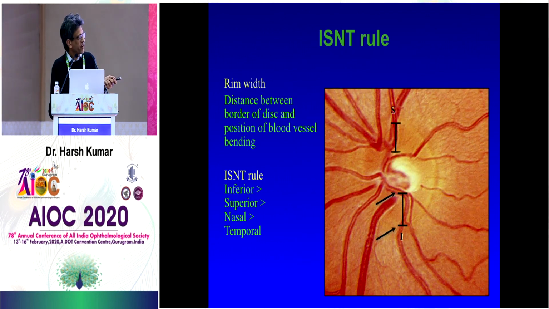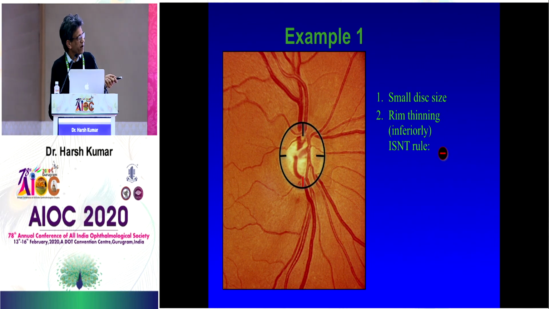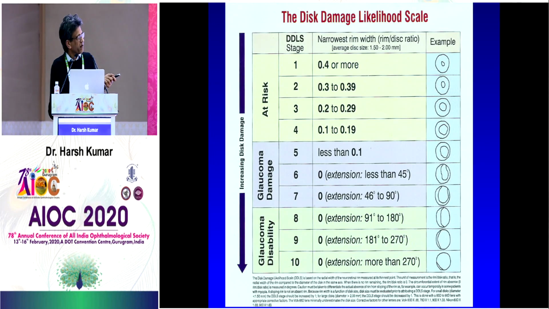So what happens is this is the normal flow, okay, and you are happy with this, but the moment you have something like this and you say, oh, something is wrong, the inferior one is thinner than the superior one, that means some of the fibers are lost from the inferior one, right? This is a disc damage likelihood scale prepared by Spaeth, which you just have to mug up, because someone can ask in the exam. Nobody uses it, but yes, if you are in a teaching institution, if you are doing research, people will be asking about this. Just remember what it is.